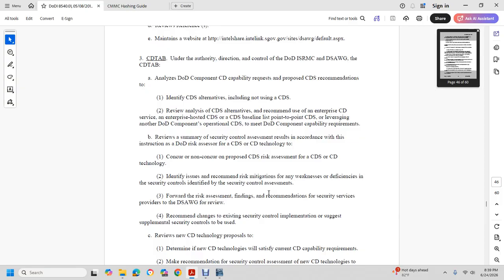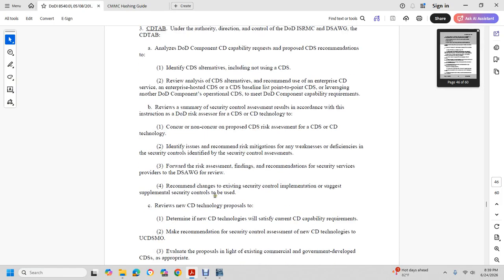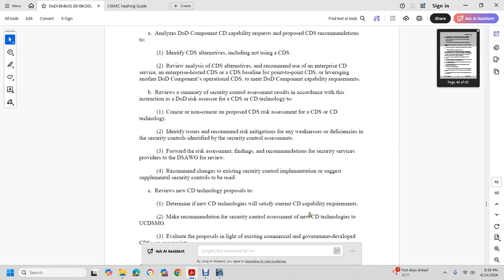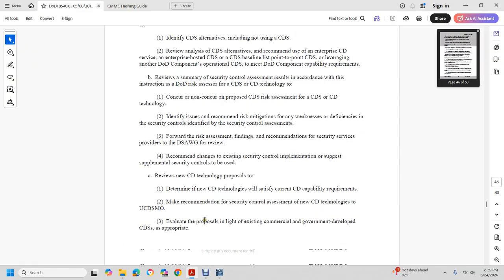Review recommended changes to existing controls and implementation of suggested supplemental security controls. Review cross-domain technology proposals, and determine whether new cross-domain technology satisfies the control, estimating capability requirements, making recommendations, and security control assessments for new cross-domain technologies under the cross-domain solutions MO